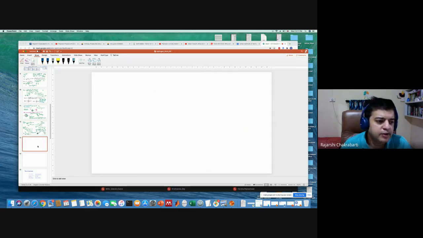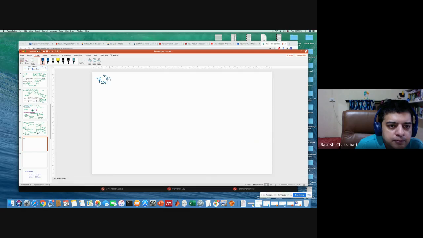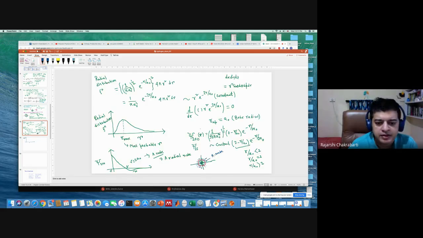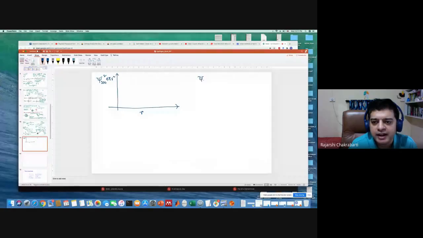Now I can do the same thing that I have done with psi 1s. I can plot the radial distribution function. Can anyone tell me what it is going to be? You can see that it is not very difficult. You can go and see how it comes out. If you plot it as a function of r, what are you going to get? You have 2 minus r by a0, whole square, and then the square of the exponential times r squared. Remember, times r squared. So there will be two Gaussian-like peaks. So basically you have something like (2 minus r by a0) whole square, into exponential of minus